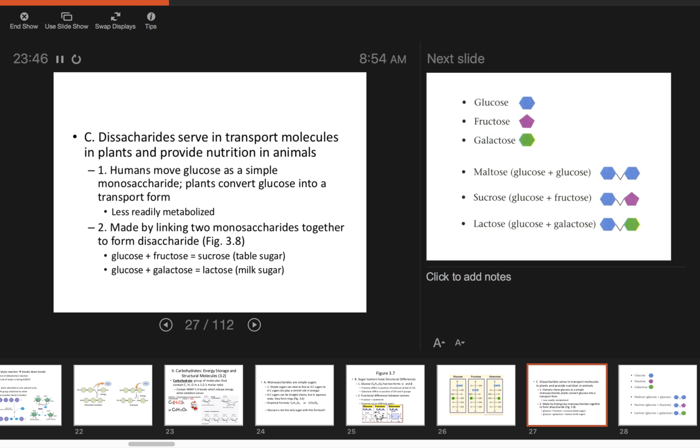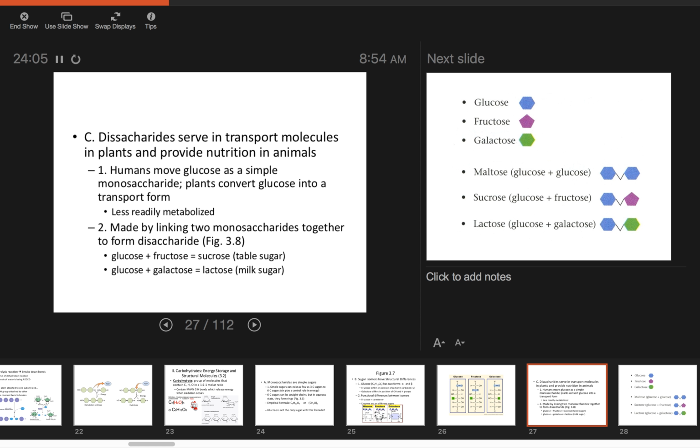Sucrose is table sugar. Glucose, a monosaccharide, plus galactose, another monosaccharide, bonded together give you lactose, which is the milk sugar. If you are lactose intolerant, that means you lack the enzyme, or the enzymes in your digestive system are faulty and don't recognize